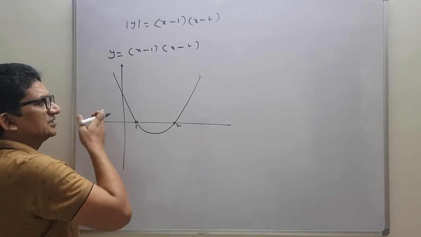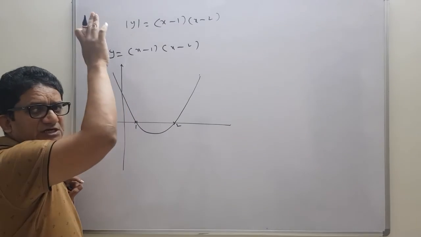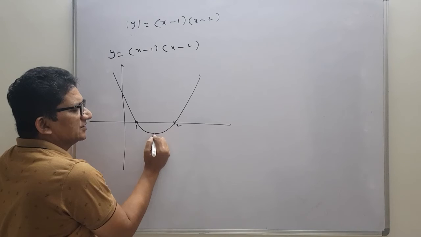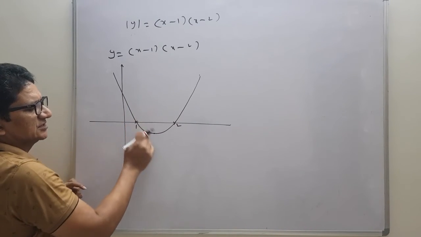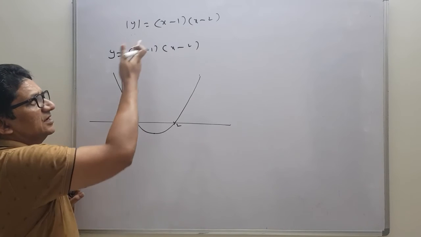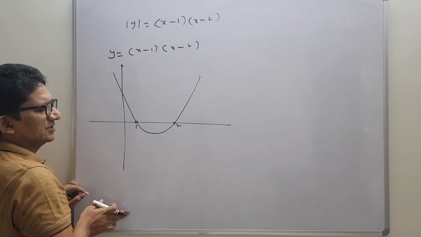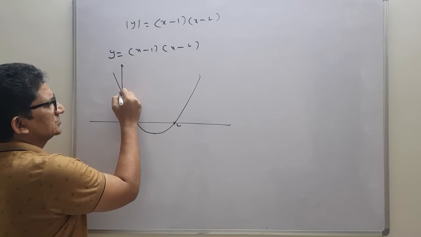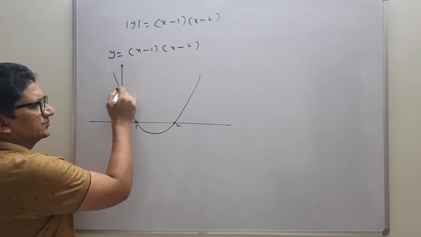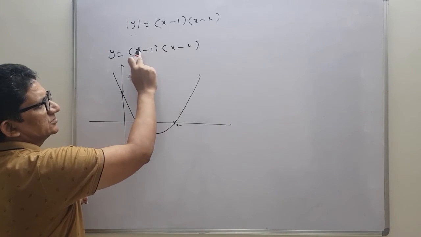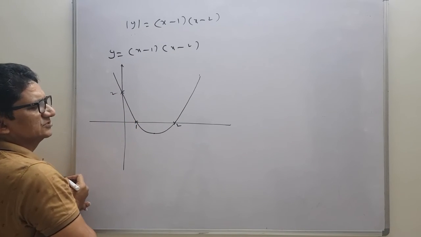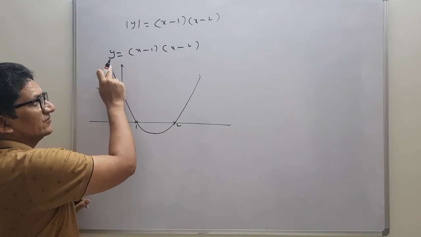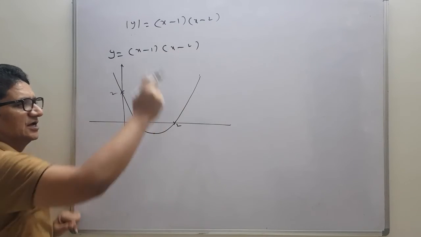Particularly if you are going for any solutions and all those things, we will try to find this vertex also. I told you how to find the vertex easily by using the differentiation method. Otherwise you find the vertex by using parabola techniques. Now if you want this point, put x equals 0. If you put x equals 0, minus 1 into minus 2 is 2. So this is the graph. So this is the graph of what? y equals x minus 1, x minus 2.